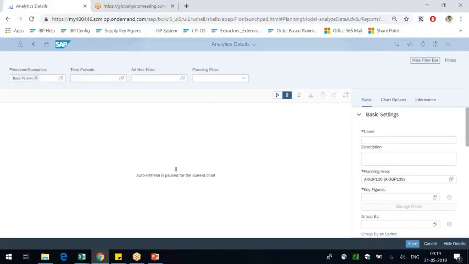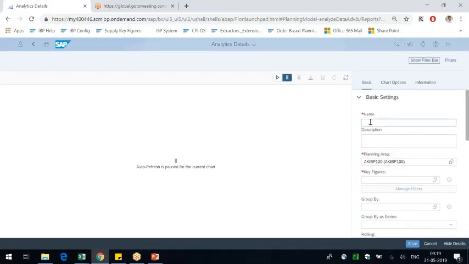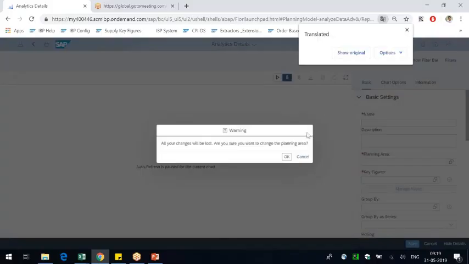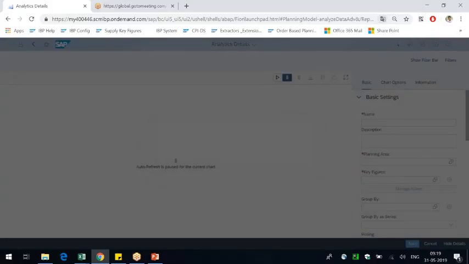So again, here also, like every Fiori page you open, you'll see a filter bar. Here also we have a filter bar. Hide this filter bar for a minute. Now let's plot something. You need to get into a planning area to do some analytics on it, right? By default, it picks up a planning area called this. Not interested in this. We'll go to, okay.